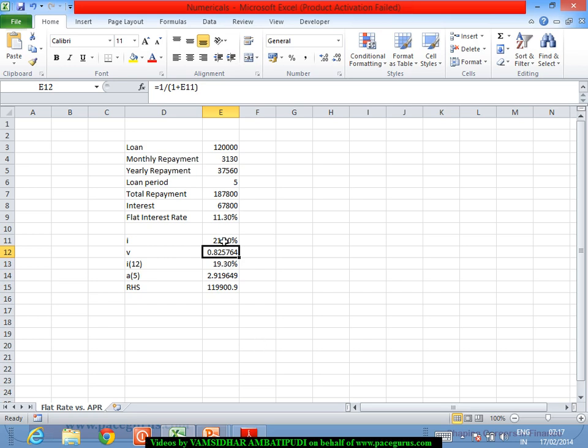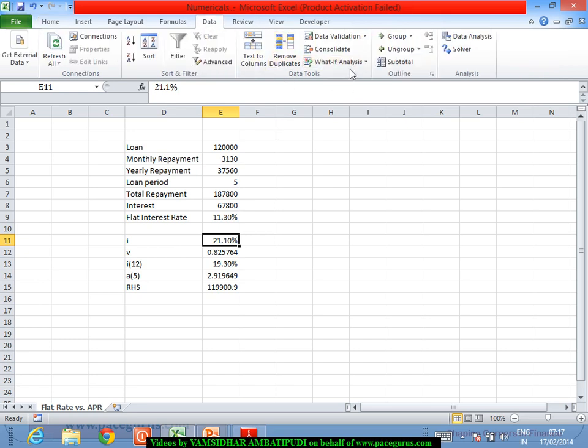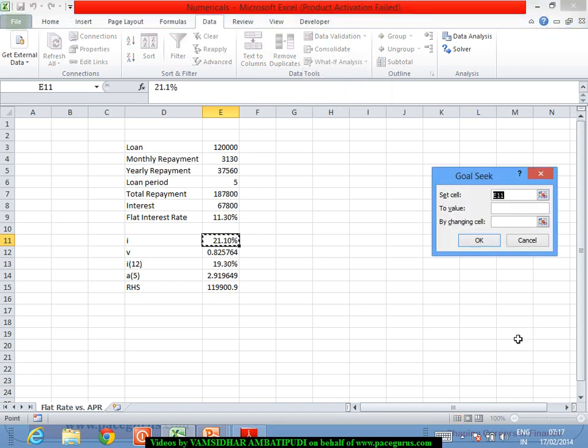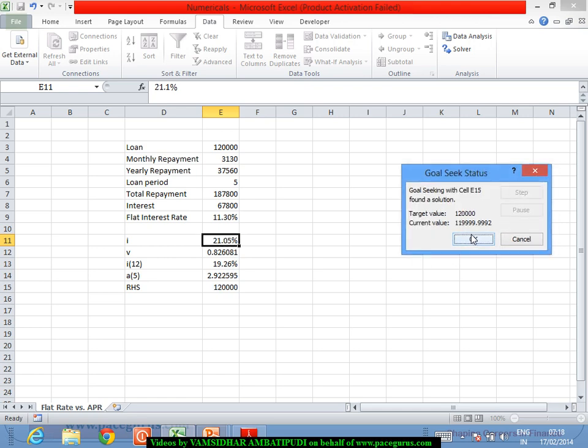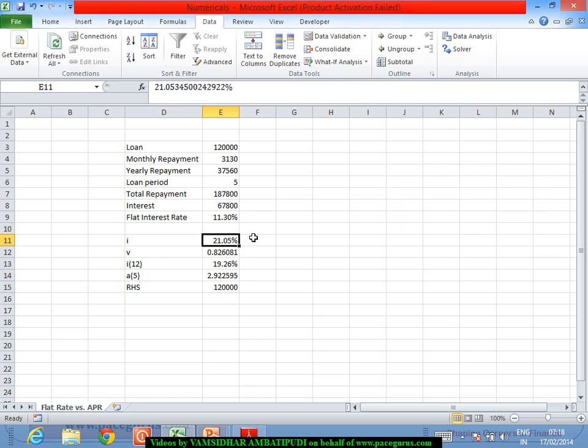Probably I can use the goal seek what-if analysis tool of a spreadsheet, but if I'm doing it manually, I have to play around on a trial and error basis. But otherwise, when I'm using a tool like a spreadsheet, I can set that particular value to be exactly equal to 120,000 and I would go around changing this. So which should give me that yes, this is around 21.05%